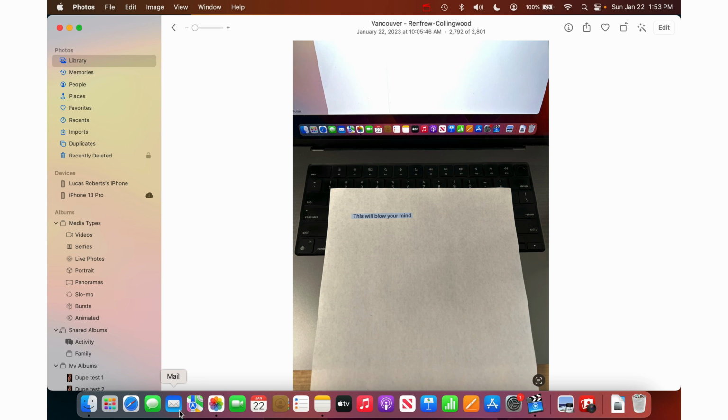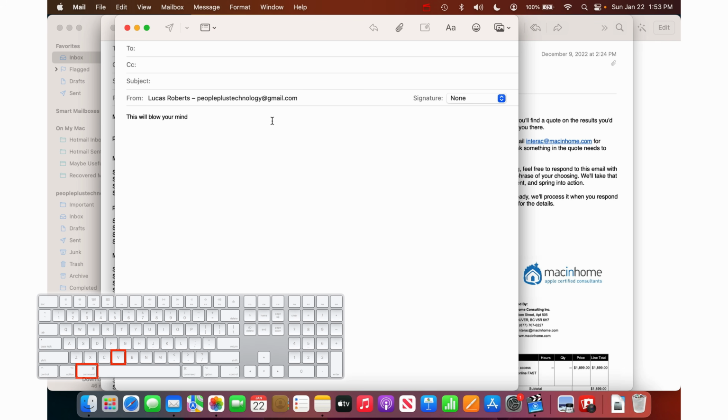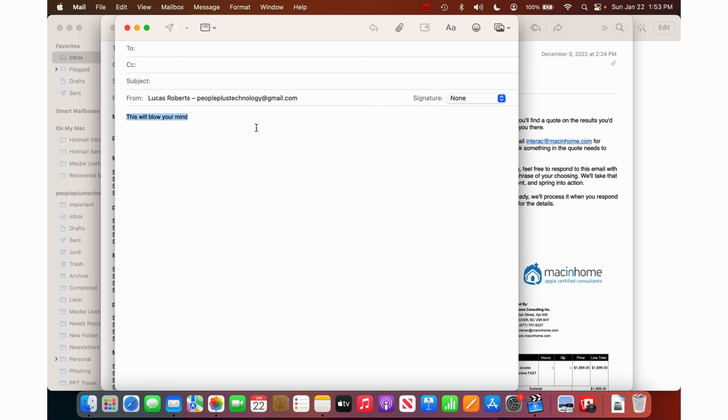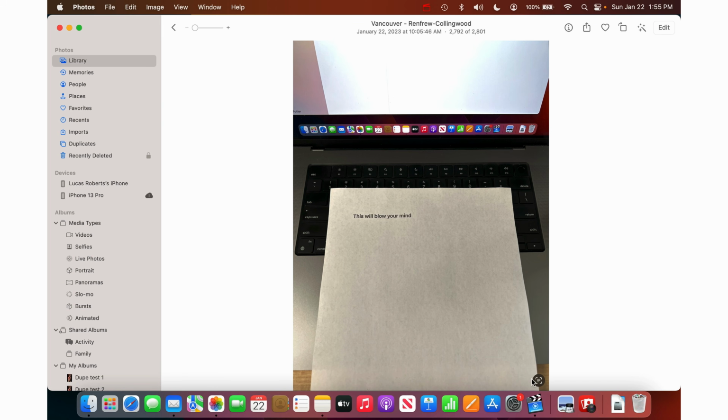Then you go to an email and you make a new message, and then you just do Command V to paste, or you can do paste from up here, and boom, that text is now just regular text in an email. Another option, a great shortcut, is to go into the Photos app again and just hit the little button